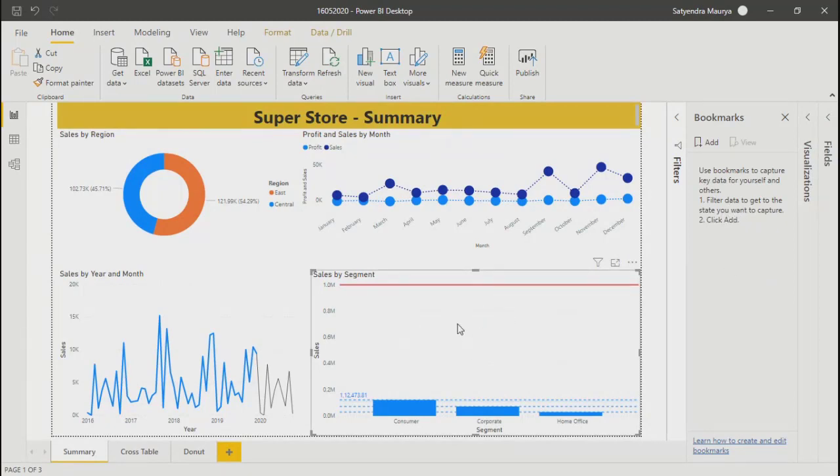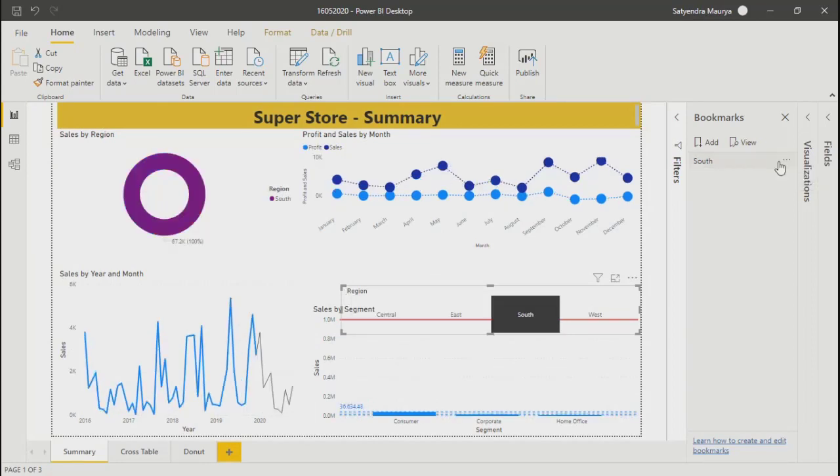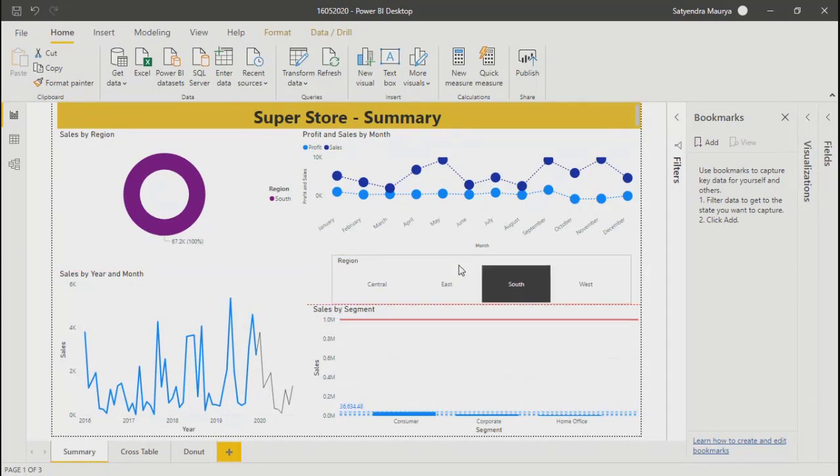Where is my slicer? Gone. Okay, it's here. Okay, my slicer is here. Now what I will do, I'll take this slicer.